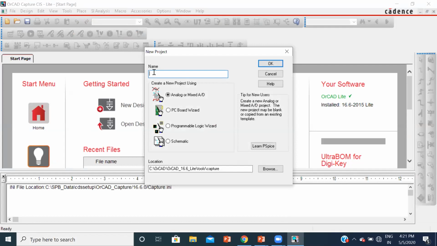Here you give any name, for example RC phase shift oscillator. Any short name you can give. Here I'll be giving it as this one.